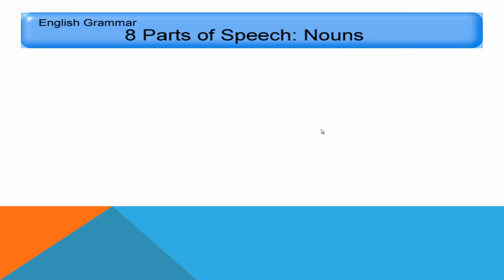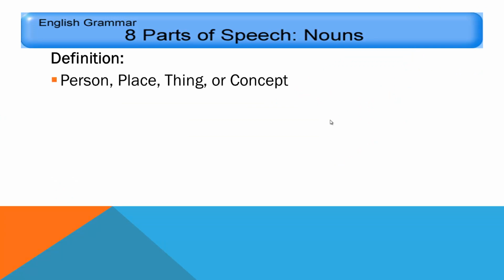So the first part of speech we're going to talk about are nouns. And a noun is a person, place, thing, or concept. This is something that's probably pretty familiar to you, probably review. But an example of this in a sentence. Let's say I have a sentence like, I worked on school work. The word work could be an action if I'm talking about doing something. But here it's the actual product that I'm working on, so it's going to act as a noun in this